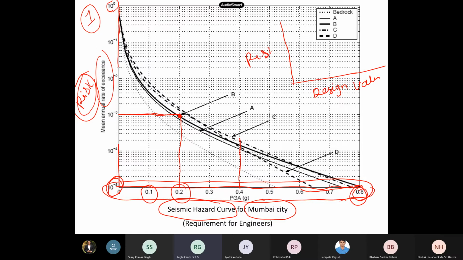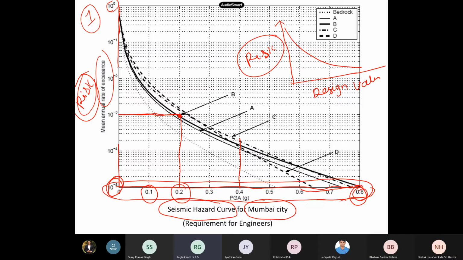Of course, we don't call it risk. We call it the rate of exceedance or whatever. But anyway, that itself tells you the risk level. So this is what is required nowadays, the modern design. The older method was deterministic analysis, like you simply take the mean value, mean plus sigma, that is an older concept. So this is the seismic hazard curve. This is what the designers want, or the insurance companies nowadays.